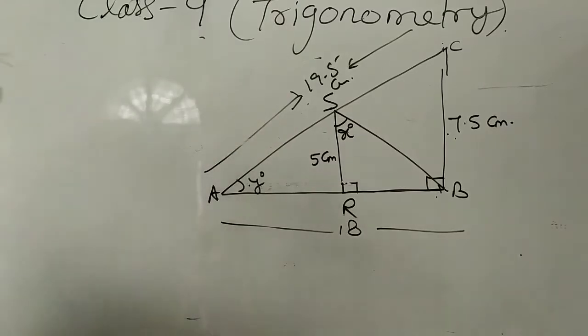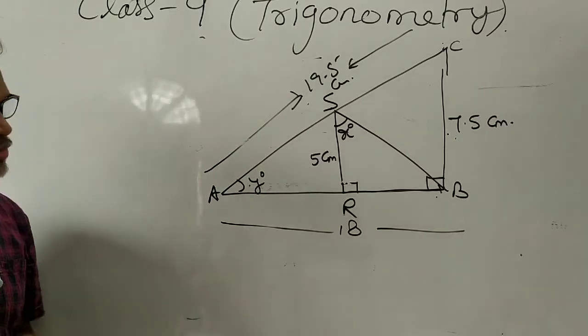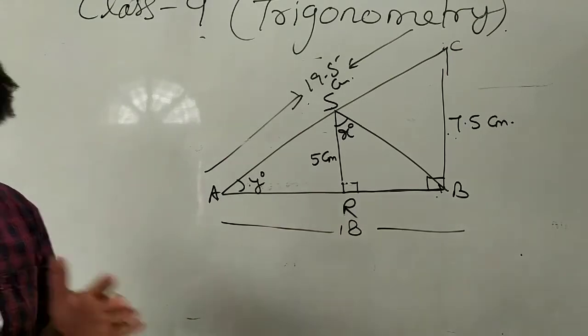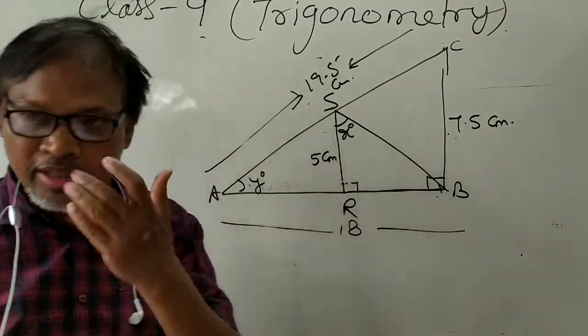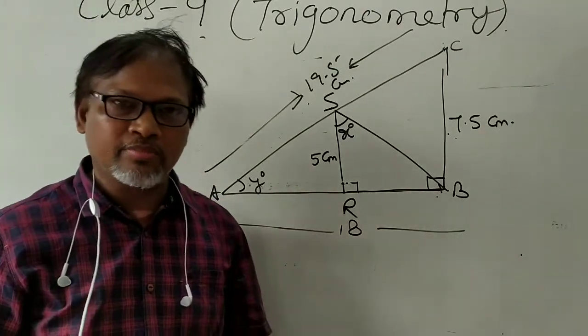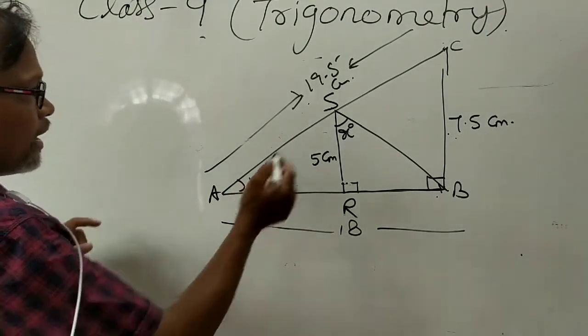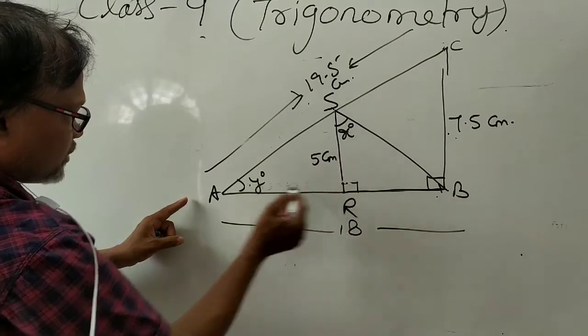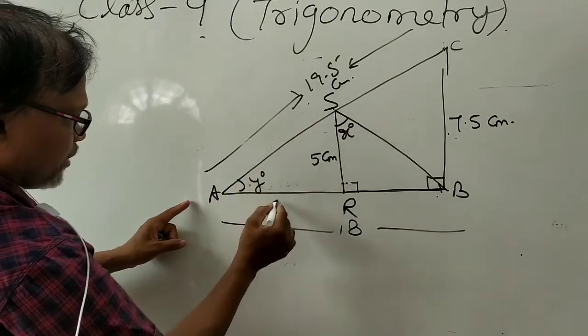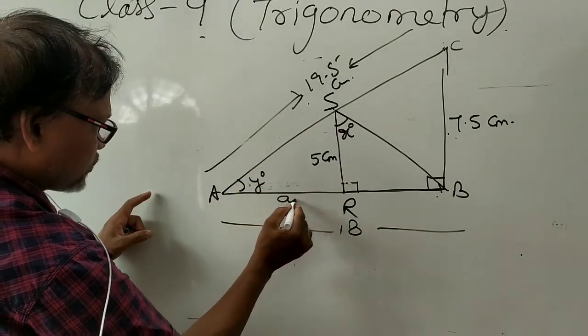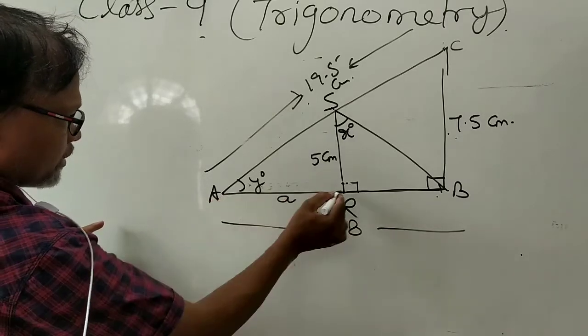इसको निकालने के लिए एक एप्लीकेशन, मीन्स ये जो लिखा हुआ है इन दिस, the hint is given the similarity, but don't apply the similarity because similarity is tough. I apply in this triangle. Can you see this triangle? This one. If you let this as small a, this part, yeah, AR.